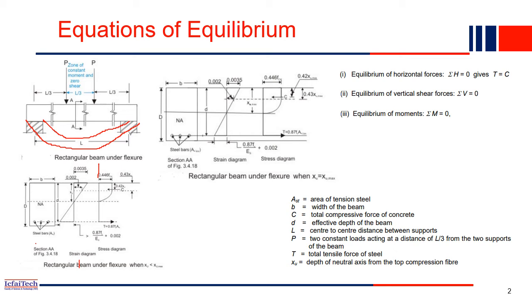Okay. So this is the deflection of the beam. That means the top fiber is subjected to compression, whereas the bottom fiber is subjected to tension, right? So for tension, we need to provide the reinforcement. That's why we provided reinforcement at the bottom, not at the top, because at the top compression forces are there anyway.